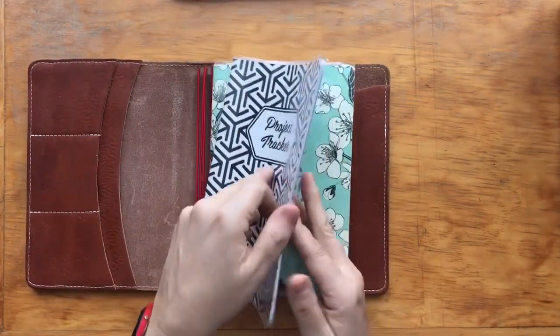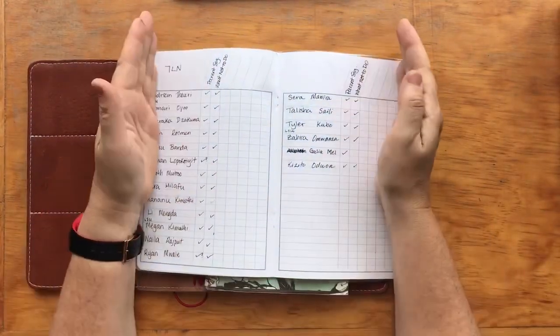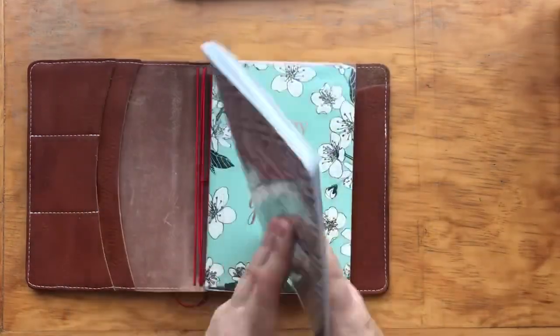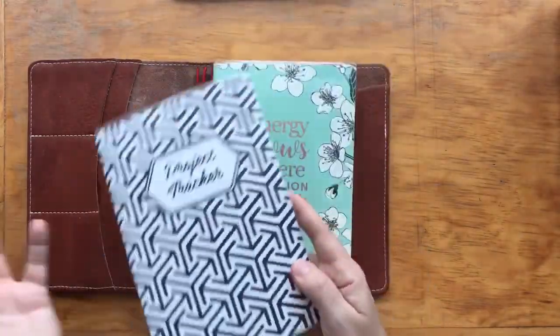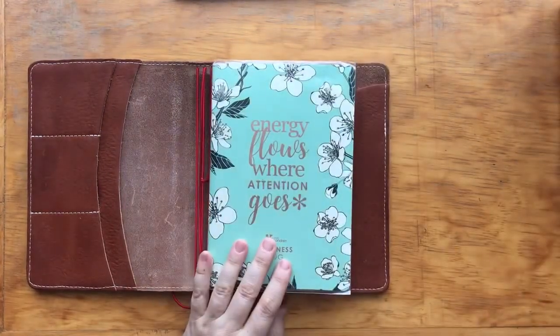So that's the project tracker, and I mean, yes, this is one whole entire class, so you might think, that's quite a lot of space that I'm using, but I did purchase several of these project trackers. So this could be like term 1 project tracker, and then term 2, term 3, etc. if I need to do that. So that is the project tracker. And then finally,